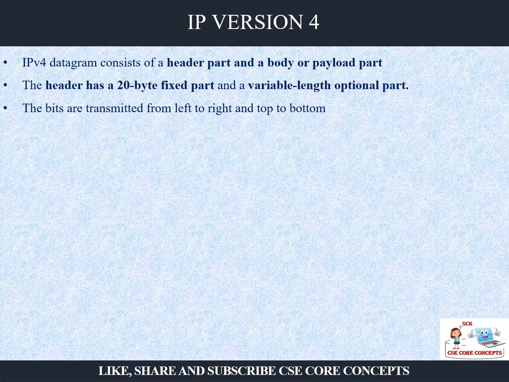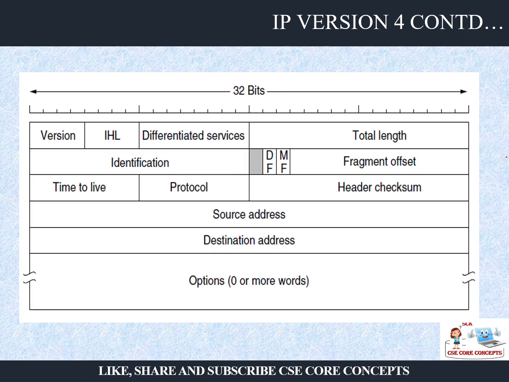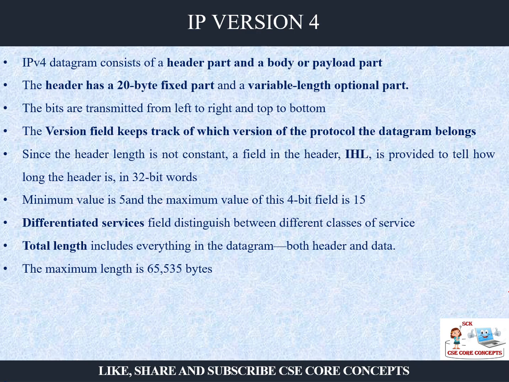There are two versions of IP. Majorly we will be talking here about IP version 4. It contains a header part and a body or payload part. The header has two parts. We will see one figure about the headers first of all. So this is a header for an IP packet. These are the different fields of the header. We will see what the fields are and what they stand for.